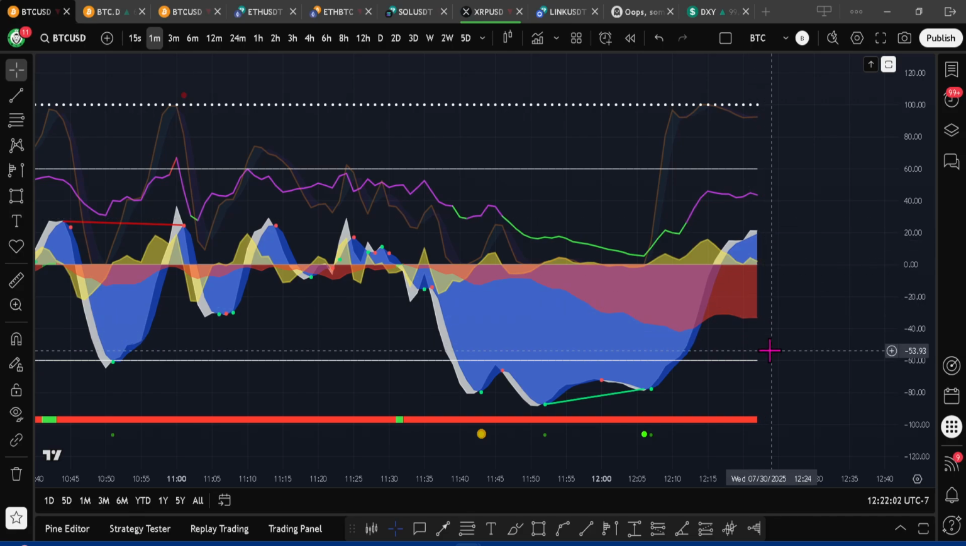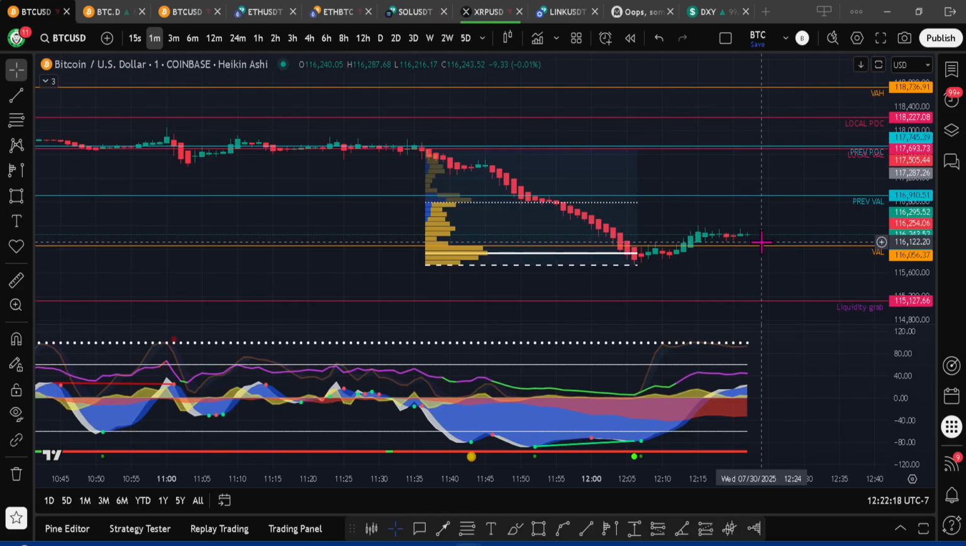Money flow needs to make a move here. Money flow needs to continue to make its way up as price action is trying to make its way up as well. So re-entering this position now, we have to set our stop loss back to 115,900,